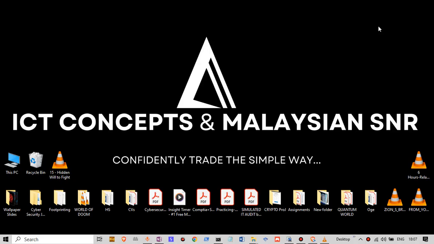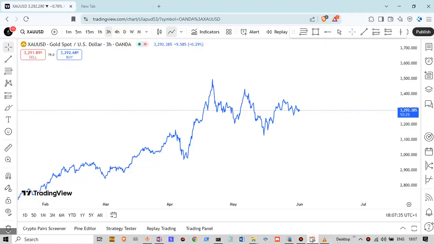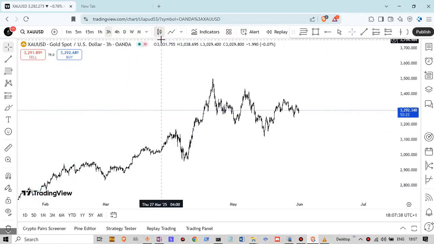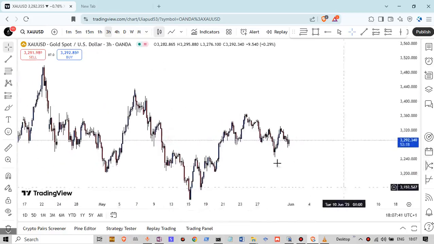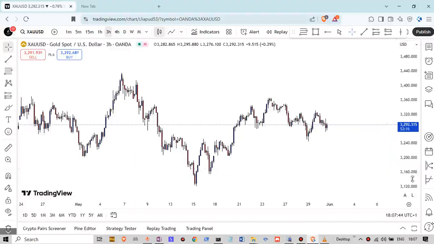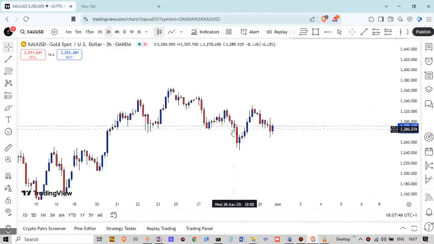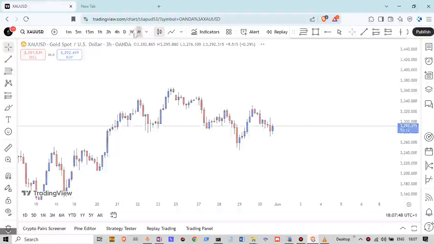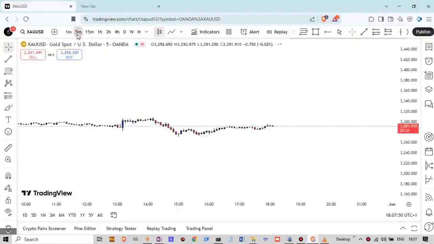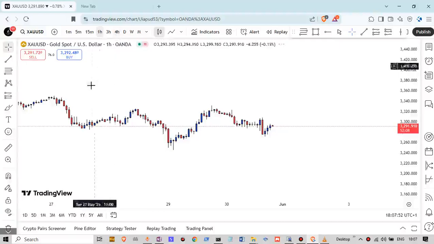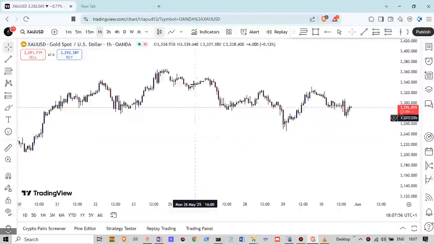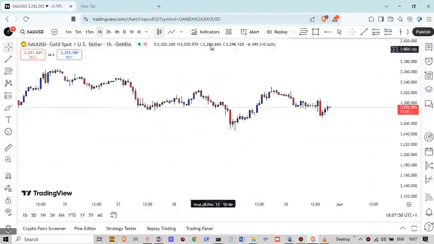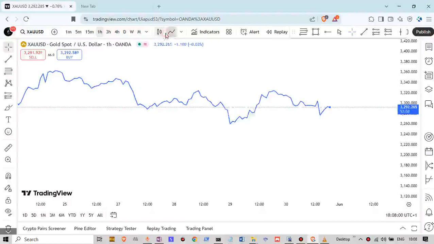Today we're looking at market structure, and I'm going to make it as easy as possible for you. The first thing I want you to do is this. When you want to understand market structure, forget about the candles. Forget about the monthly, weekly, 5-minute, and 1-hour time frames. You don't need all that. You just need to look at charts. But to make it easier, why not switch your chart to a line chart?